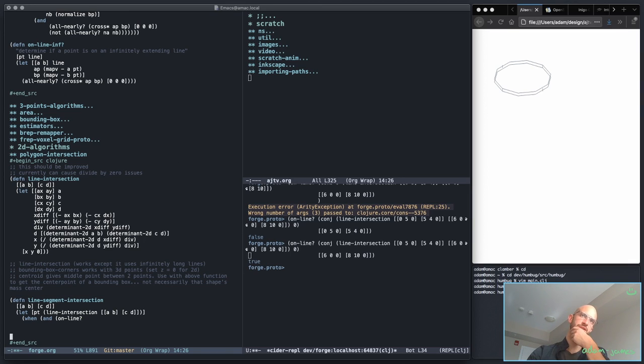I mean, it's not so bad. Well, we'll just do this. So when on line point, and the line is AB, and on line point CD, when that is true,